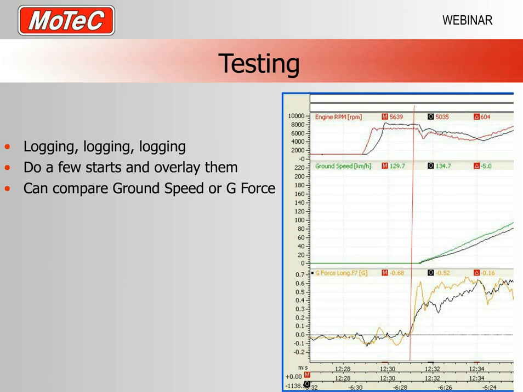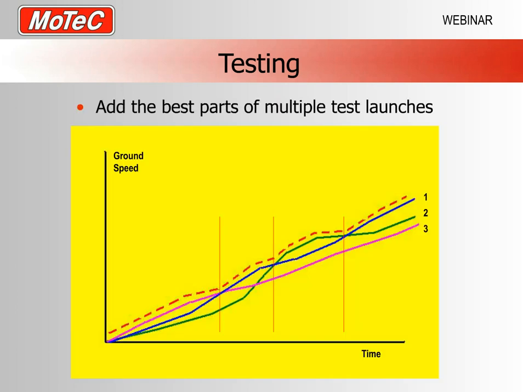Now just to further that, what I would generally do with customers is tell them to go out and do a few launches trying different things with the launch control possibly turned off. And then I can overlay the 3 ground speed traces. I've got my 1, 2 and 3 different tests, and you can see that in different sections each of them have different amounts of acceleration. So by using my logging I can simply overlay the 3, pick the best parts of each of them, and then simply use that as my